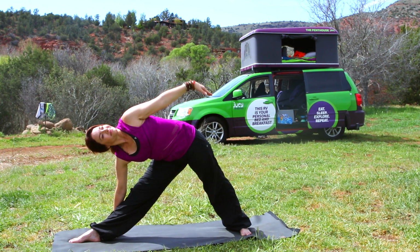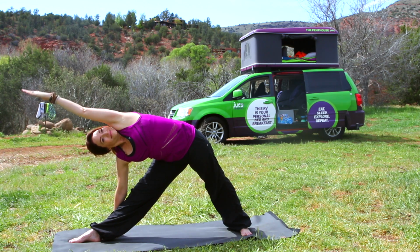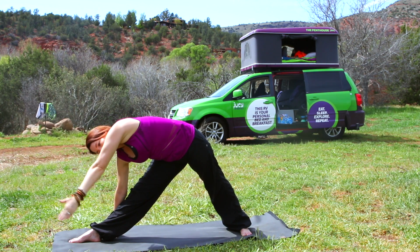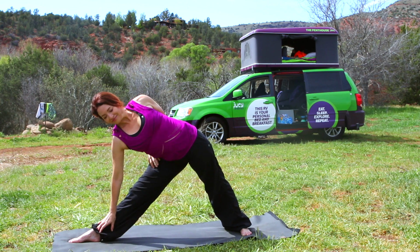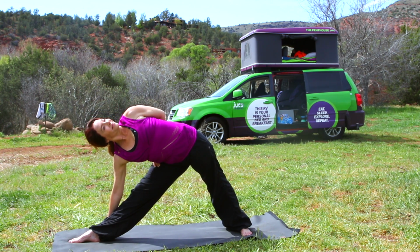Inhale, left arm up. Exhale, sweep it around. If the right hand doesn't reach the ground, it's fine. You can always leave it on your leg or a block. Now take your left hand behind you to the low back or reach it around, hook it onto your thigh